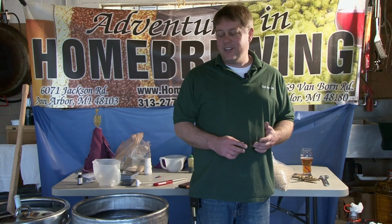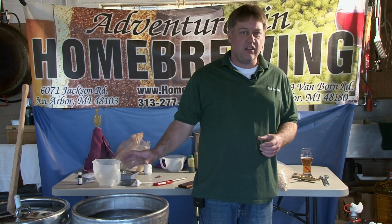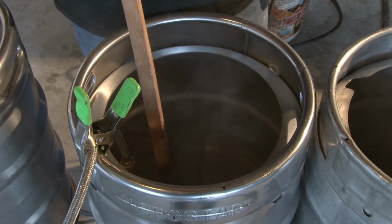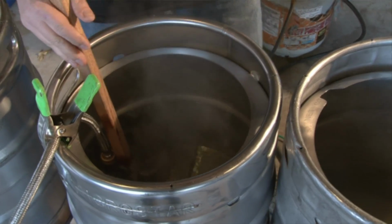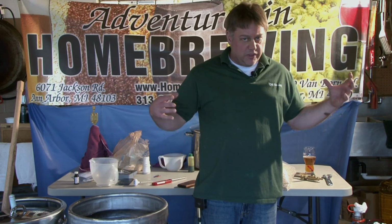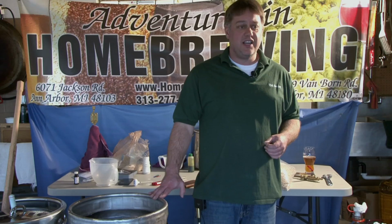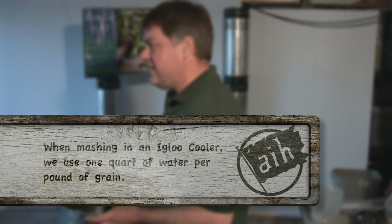With the Igloo Cooler, it's a little bit different than doughing into a kettle. What we're going to do is heat our water to about 170 degrees. At 170 degrees in room temperature grain, when the two are mixed, you mix at about 150 degrees. We want to mash at 150 degrees. This works out perfect. When I add my water to my cooler, I actually raise it to about 180 degrees